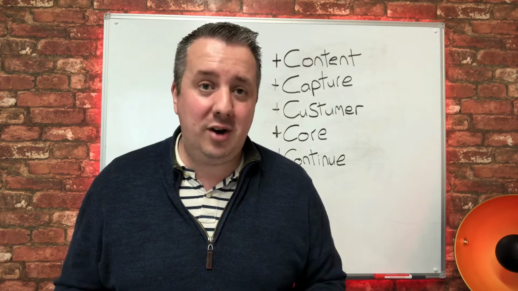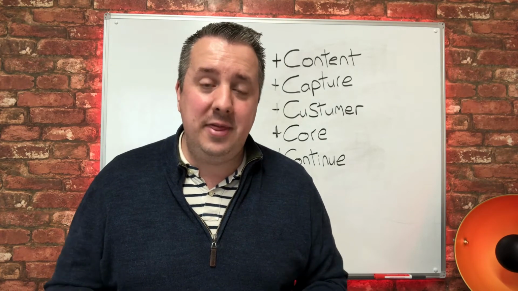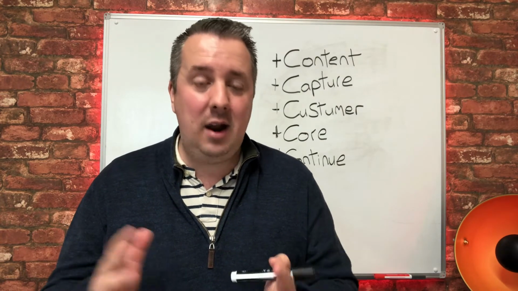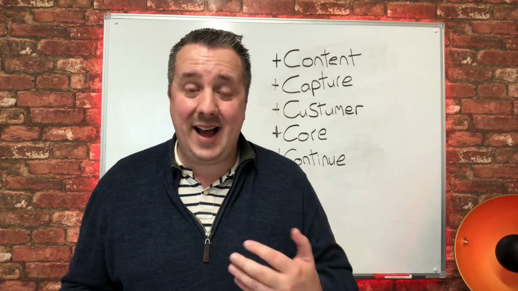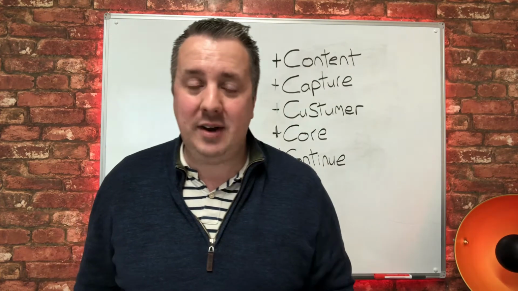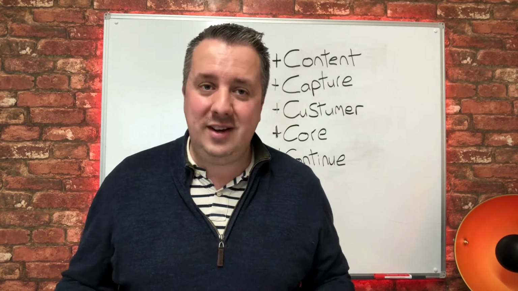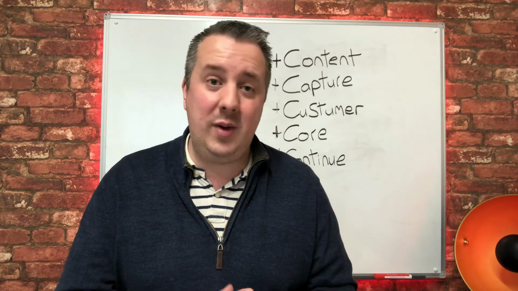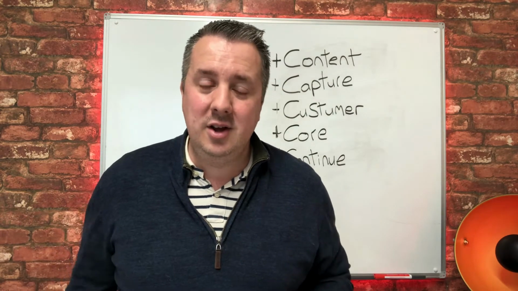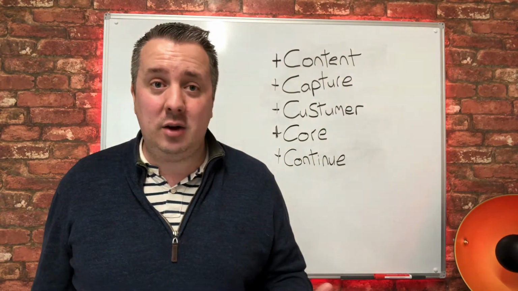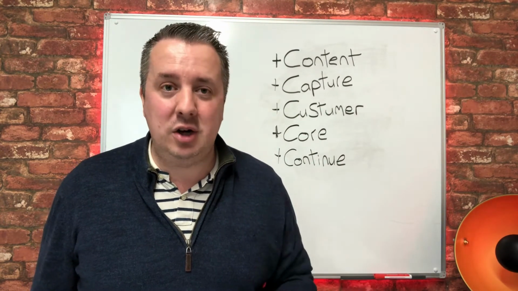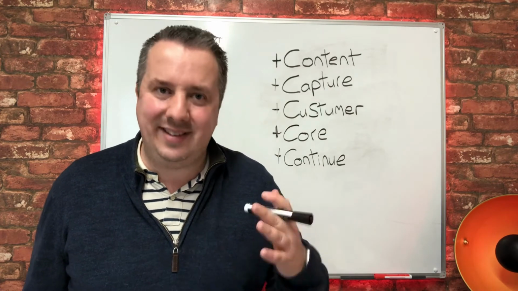Some examples: an estate agent I work with does content that is the market update. They tell people in their local area what's going on in the market. Are houses selling fast or slow? Do they need more stock of certain kinds? They give people tips on how to sell their house faster. Lots of different content positions them as the go-to expert, and at no point in that content do they sell anything. Whereas all their competitors, all the other estate agents, advertise in the local paper, send flyers to people's houses, have billboards and a shop, and they're on Rightmove. They're all doing the same stuff.